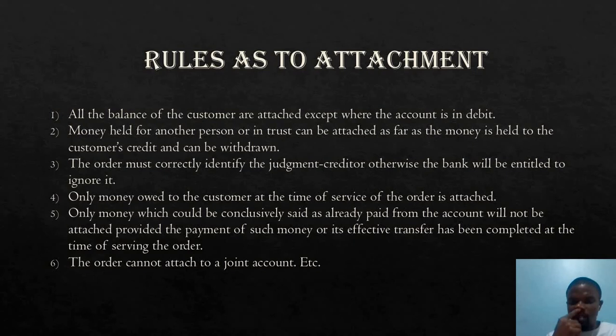Now, usually, when the money is attached, it is kept in a separate account where nobody can tamper with it. And usually also, it is only the amount of money that is being owed the judgment creditor that can be attached. Let's take, for example, if I'm owing you 2,000 naira, and of course in my account, I have over 1 billion naira in it. The bank will remove the 2,000, keep it in check, and allow me to still be using the remainder of my balance. So only that which is being owed you at the time of service of the order is attached. That is just your money, nothing else.